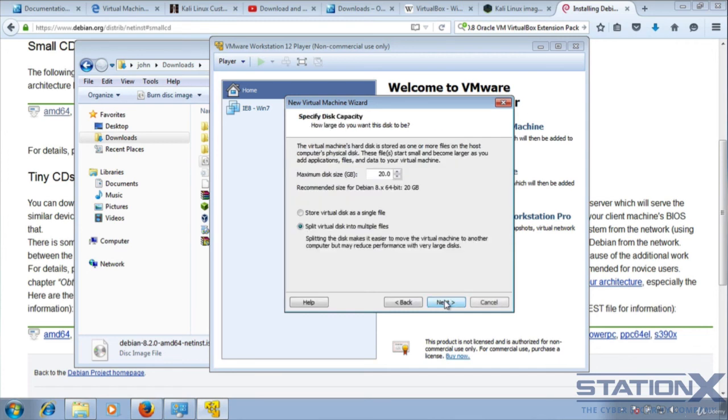call it what I like. As this is for testing purposes, these settings don't really matter. You don't need to worry about the size here. It's going to allocate 20 gigabytes for the drive, but what it does is it starts small on your disk and then gets bigger as it uses more. So it literally is a virtual disk, and it is better to split the